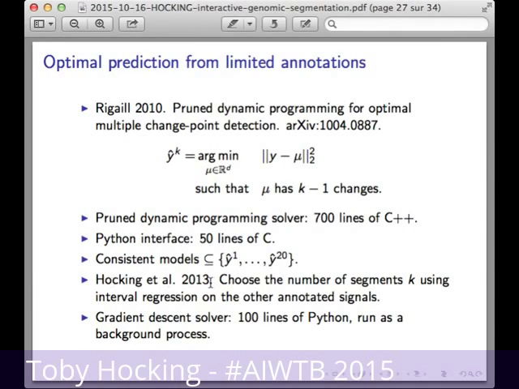This paper here, right? So basically, what we're doing is we're solving this maximum likelihood segmentation problem again. And like I said, we can use this dynamic programming solver, which is implemented in C++. I wrote a Python interface, which is about 50 lines of C code. And so what it gives you is this set of models between 1 and 20 segments, usually. And usually there's not more than about 20 segments in these profiles, so we just fix this as an